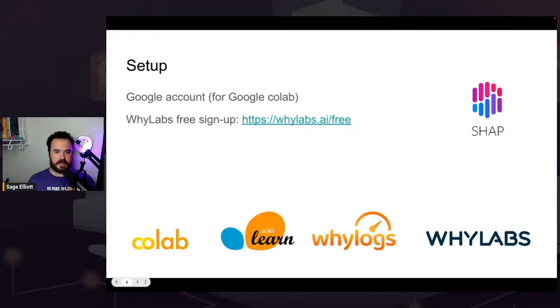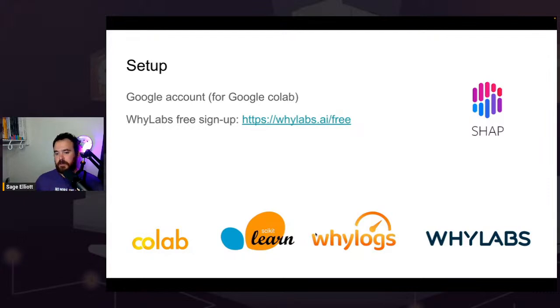And then you'll also need a Google account because we will be using Google Colab to run everything in. Google Colab is kind of Google's way of hosting a Jupyter notebook where we can run code and look at visualizations and outputs all in one place. We're going to use scikit-learn to train a model. And again, don't worry if you don't really have experience with machine learning. You'll still be able to run all the code and train a model with scikit-learn. And if it's your first time training a machine learning model, that's awesome.